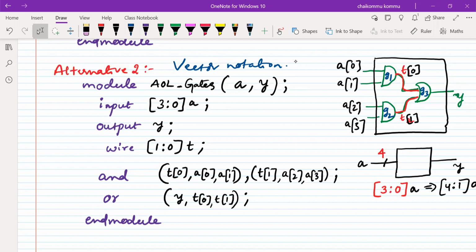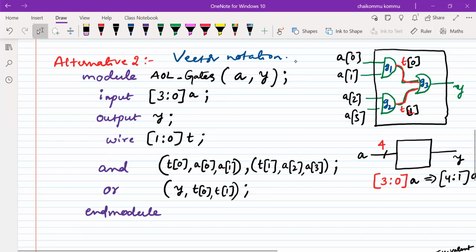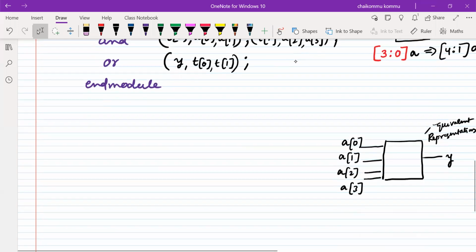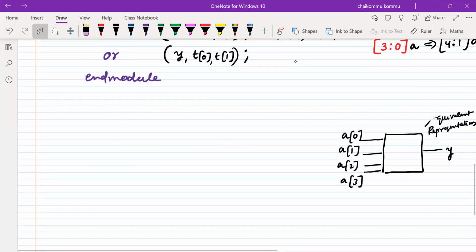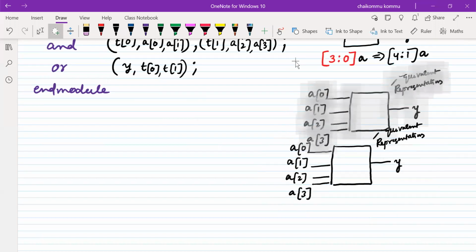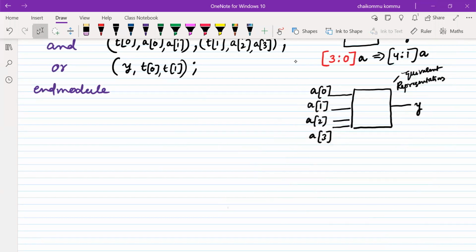It will apply that test bench on the main module and produce an output. So what kind of inputs we are giving, we have to write in Verilog language. That is called a test bench. So here we are going to talk about the test bench.